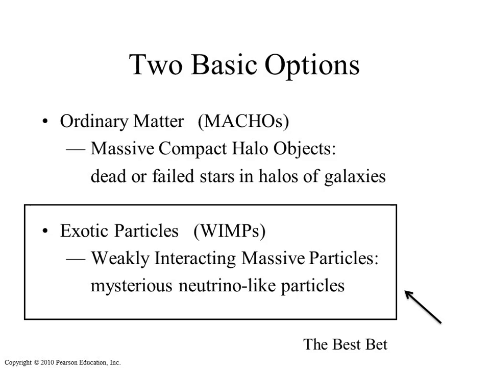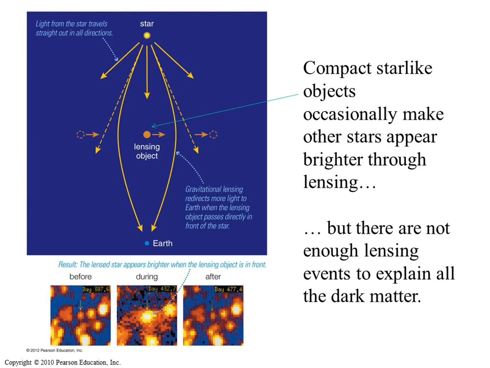Even though this says the best, I really think astronomers think there's probably a combination of the two. This slide is showing you maybe the machos, the ordinary baryonic material. It's showing a gravitational lensing of an object that we could not see, but we can see the lensing effect on the light behind it. So we know there are machos out there, but like this says, there's not enough ordinary matter that's not lit up to account for all the mass that we see. So we really do have to have WIMPs involved. Okay, that's a good place to end.